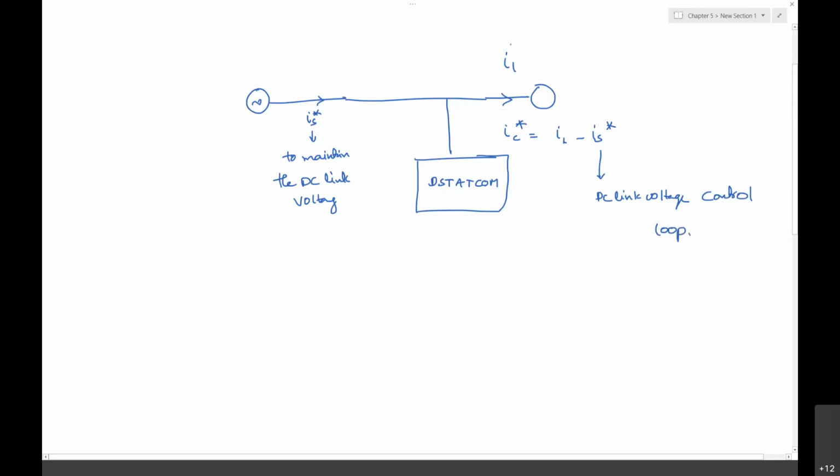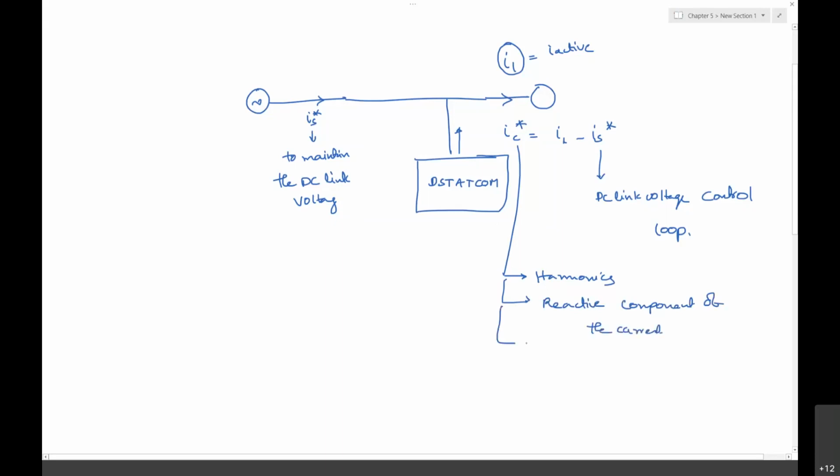Then what about this power? What about the load required active power? The load required active power is also going to be supplied by the DSTATCOM. The DSTATCOM compensator current is going to supply harmonics, and then the reactive component of the current, and also the unbalanced component of the current,